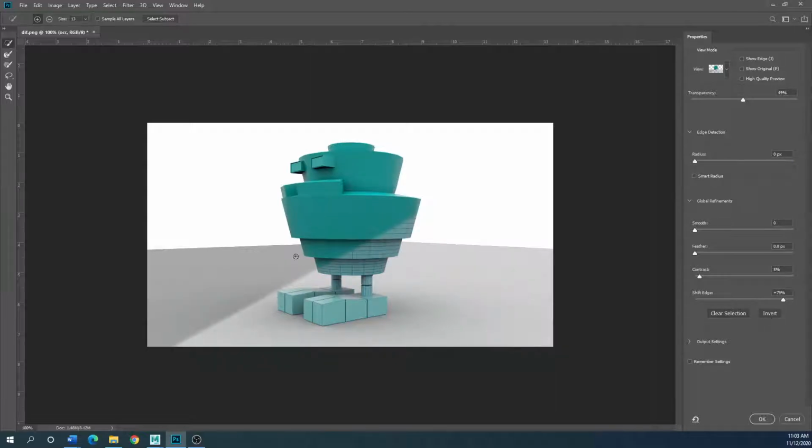Invert, yeah, there we go. That's what I was originally wanting. You can kind of adjust the edges like that. The transparency, if you notice, you still got that green material in there. So if you want to just crank it completely down like that, now you've got